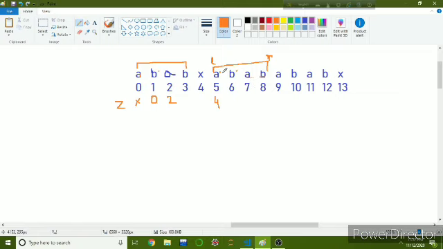That means, as this segment L to R is matched with the segment 0 to 3, this A is equivalent to this A at index 0, this B is equivalent to this B, and similarly this A is equivalent to this A. So when we are trying to calculate the z value of index 7,